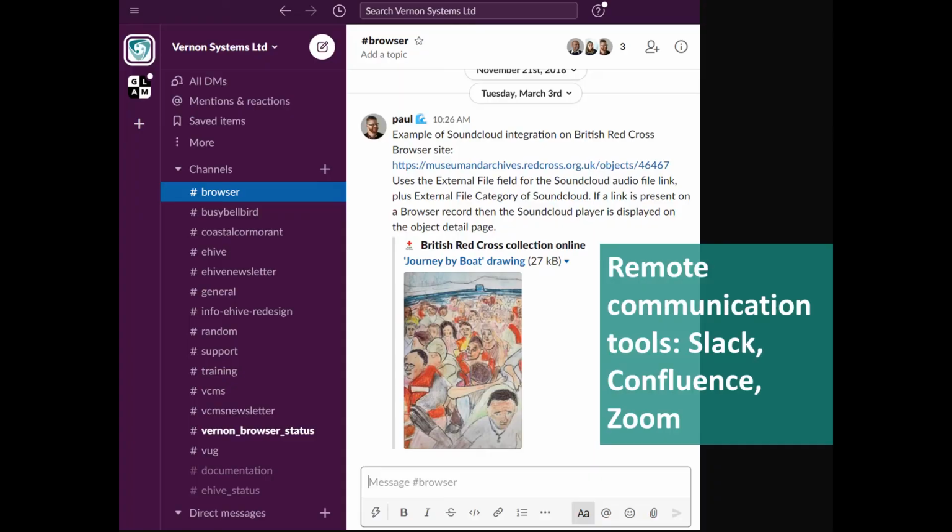Of course, that does have advantages as well. We're not having to commute to the office, we've got more flexible working hours. And we rely a lot on technology to get around the problems of not being able to work directly together. So we use Microsoft Remote Desktop to access copies of Vernon for support purposes. And we rely heavily on Slack, a communications platform where we can send instant messages to each other and do short audio or video calls.